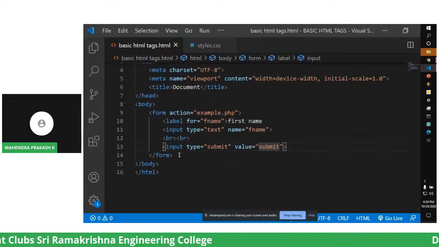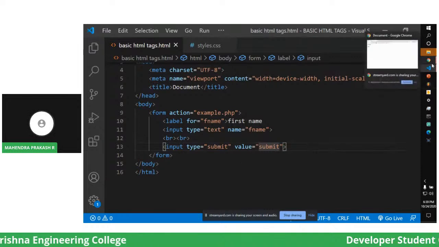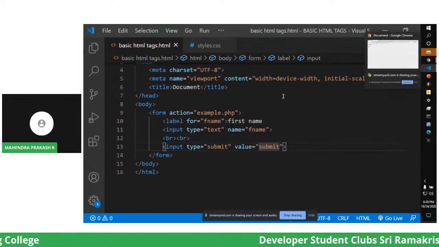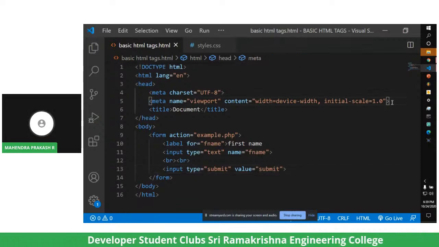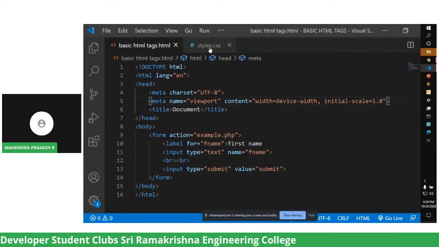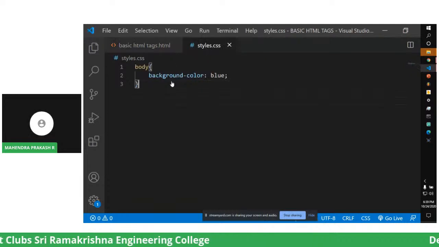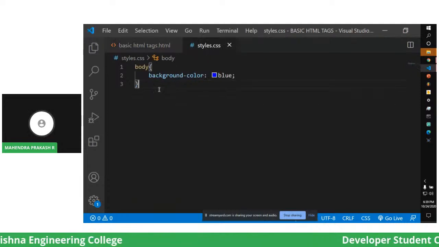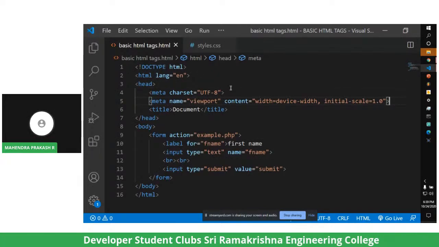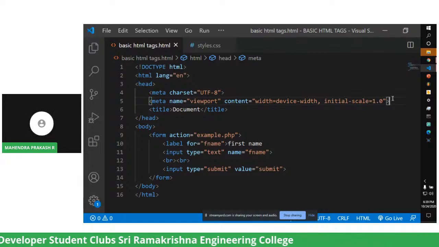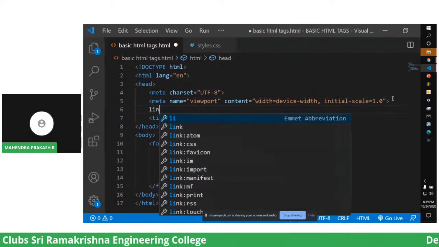That's it, guys. In last, I would like to conclude my presentation with sharing with you how to add a CSS styling page to a HTML document. We have styles.css already ready here, a very simple CSS file with background color blue. If you add the CSS file to our HTML, the background simply changes to blue color. So we should use link tag,